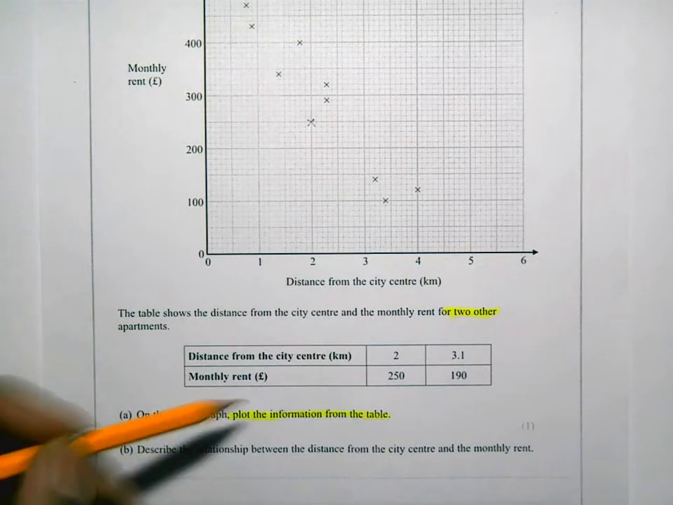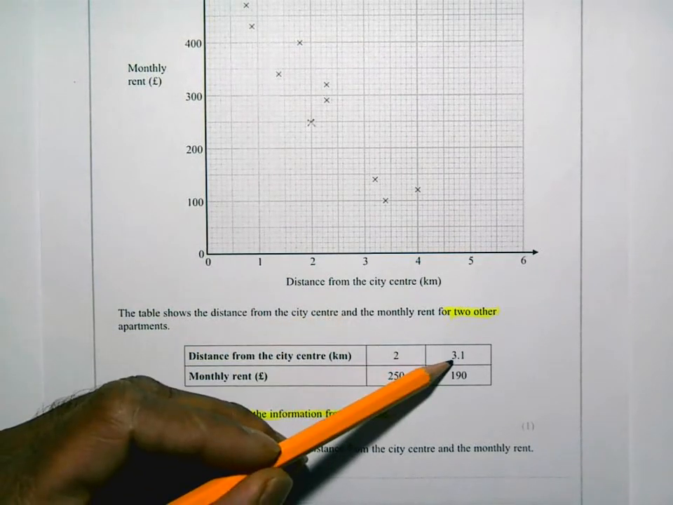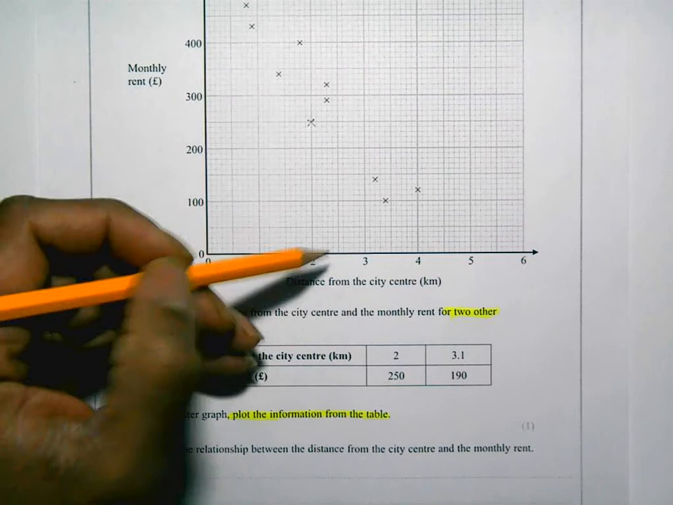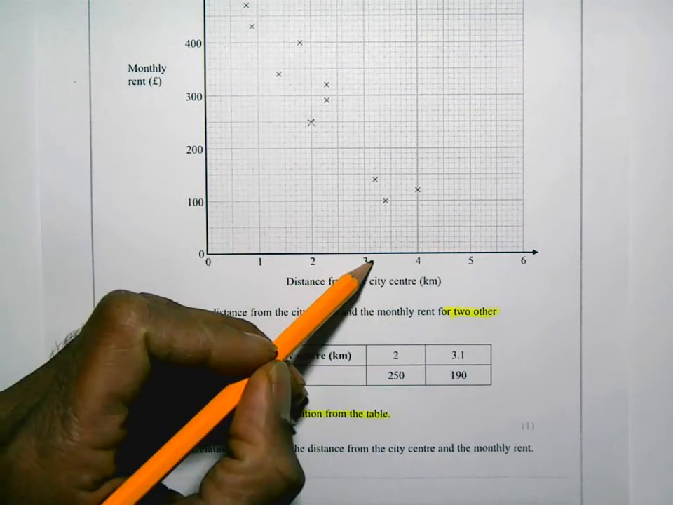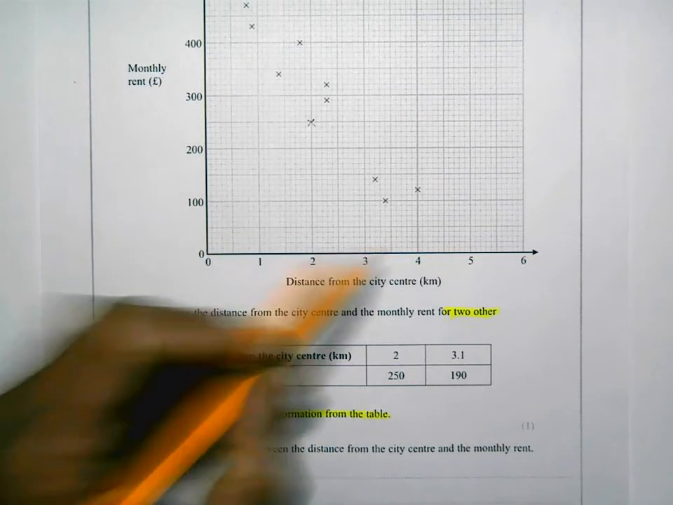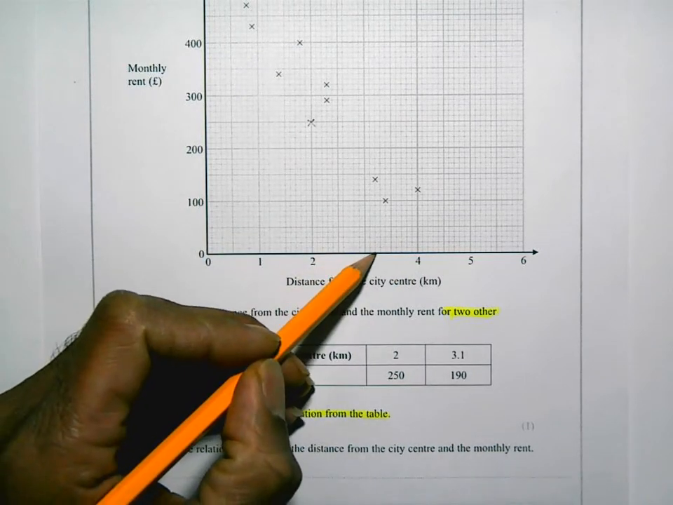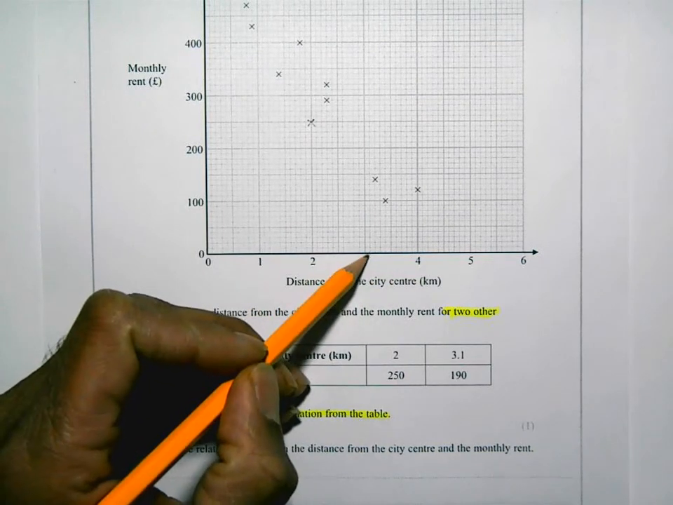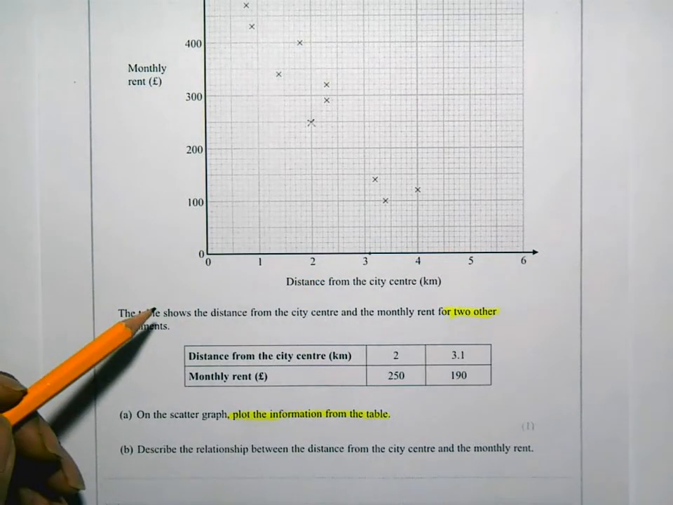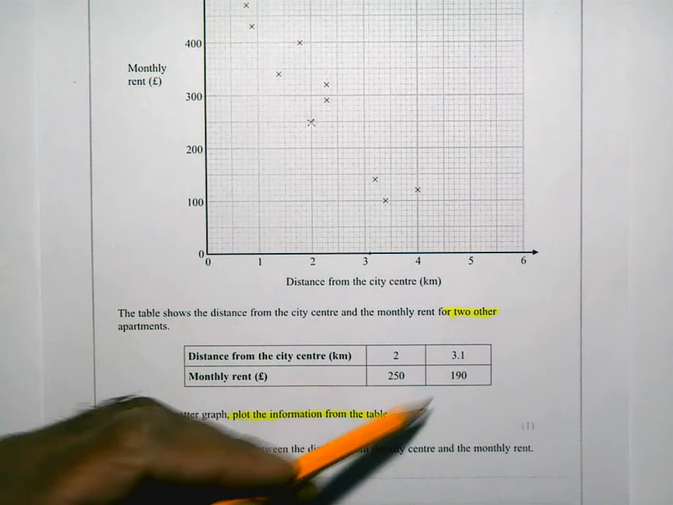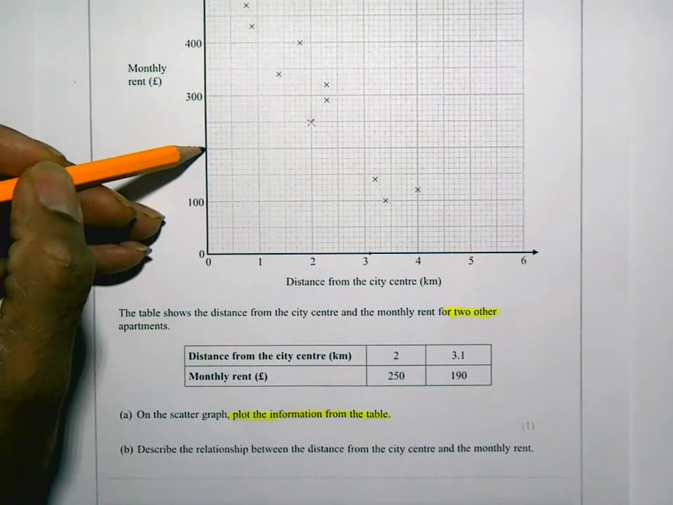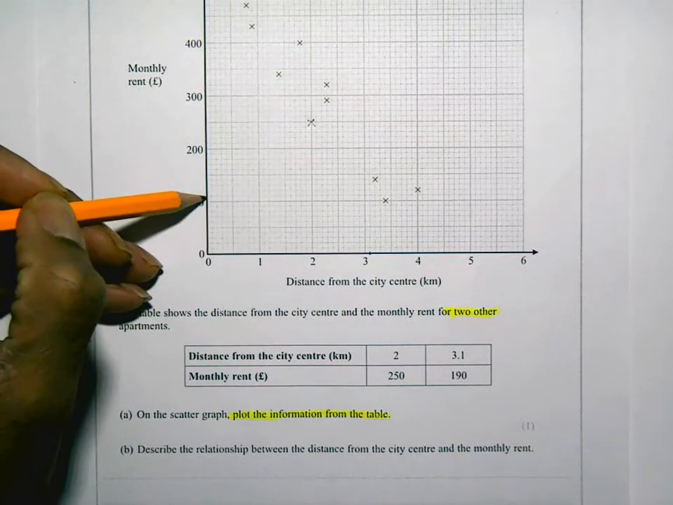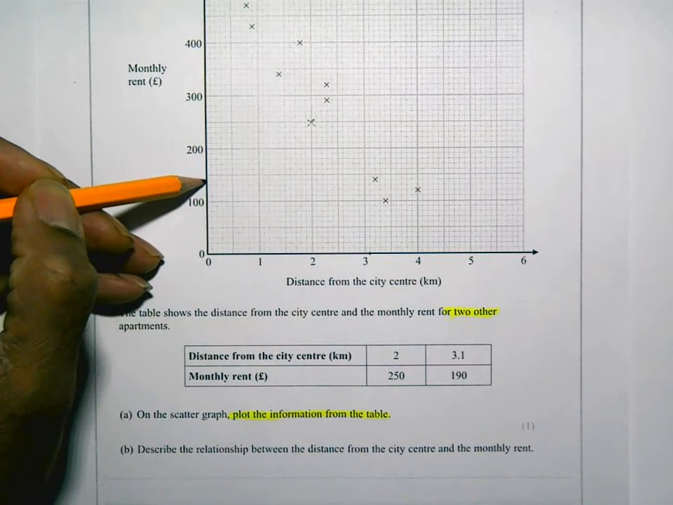Okay, the next one, when the distance is 3.1 kilometers, the monthly rent is £190. So a bit more tricky this time. I need to make sure I appreciate the scale. So that's 3 kilometers, that's 4 kilometers. There's 1, 2, 3, 4, 5, 6, 7, 8, 9, 10 spaces, so each one stands for 0.1. So 3.1 is going to be over there at that point. And then 190, so that's 100, that's 200. And there again 10 spaces in there. Each of them is going to stand for 10, so that's 110, 120, 130, 140, 150, and so on, all the way up to